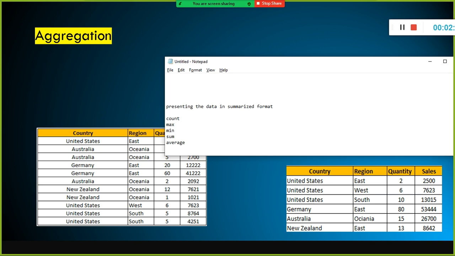These are the built-in functions available in Power BI to perform the summarization. We want to summarize the data. We don't want to see the detailed data. When it comes to data analytics, if you are a data analyst or work in any data analytics project, aggregation is one of the important aspects of the project.